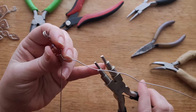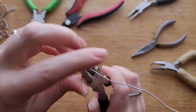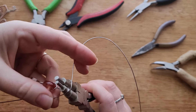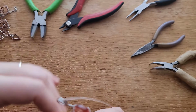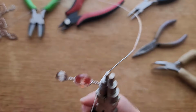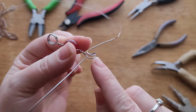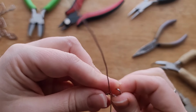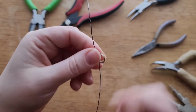Again, I'm going to use our mandrel pliers, but this time on the 6mm bail. I'm just going to get that kind of shaped and then remove my pliers and just get that shaped around the rest of the way. So we have two kind of loose loops. And from here, we are going to